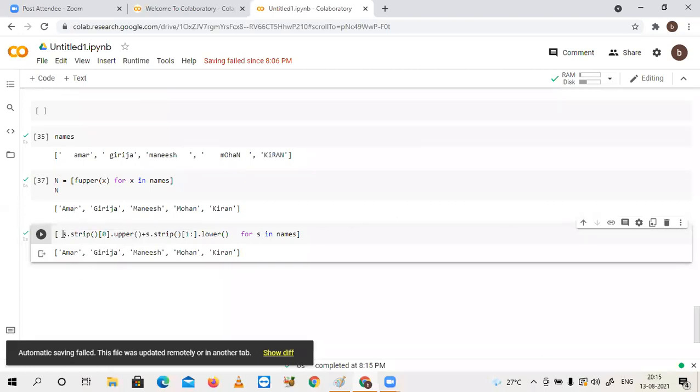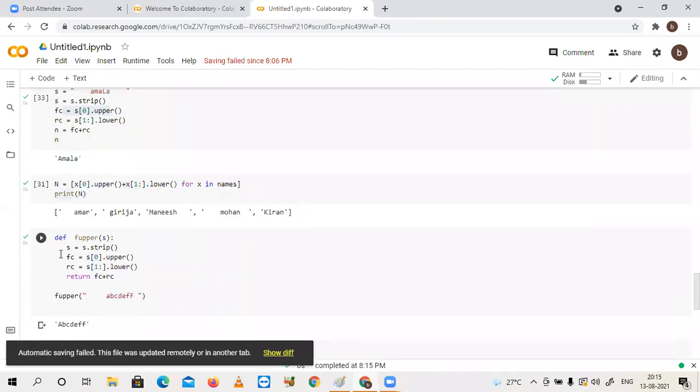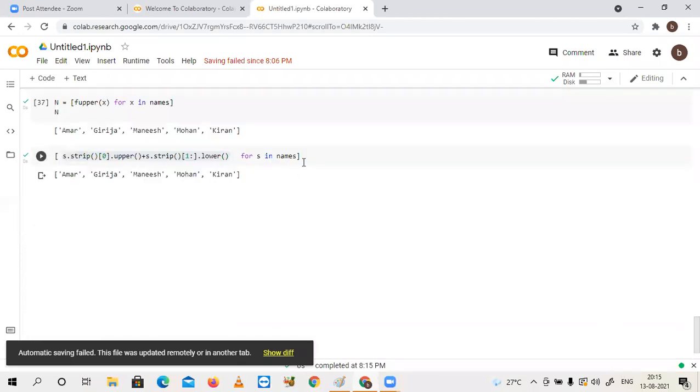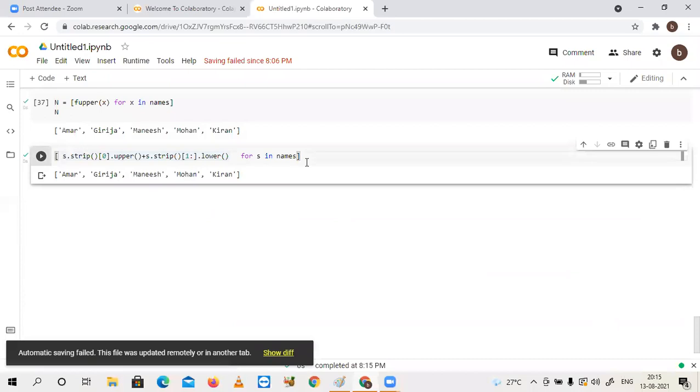Instead of using this big expression, I defined that expression step by step and kept it as a function. I am calling that function, which makes it easy for other developers. This functionality may be required again after 10 lines, and instead of giving this big expression, I can simply call the f_upper function.